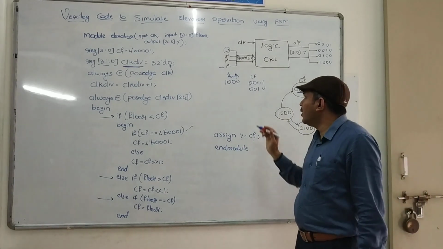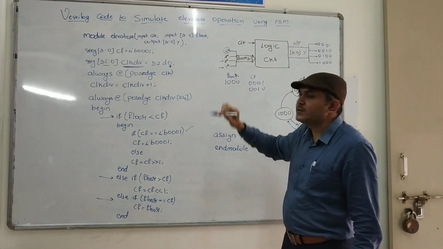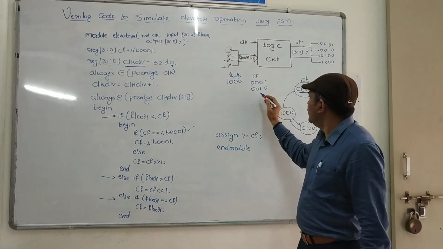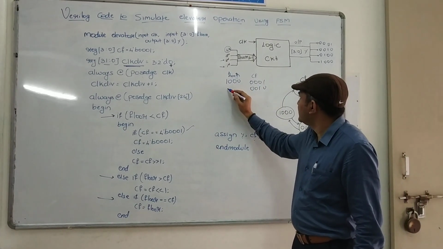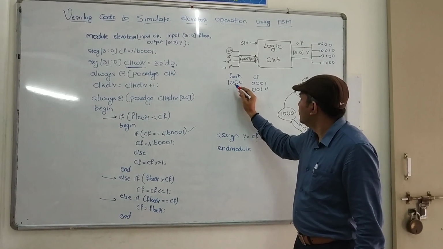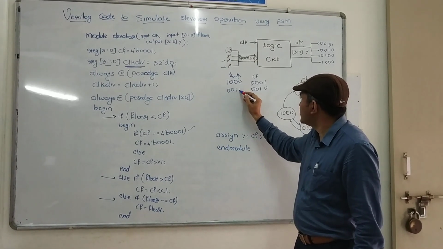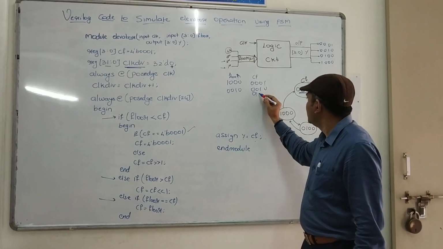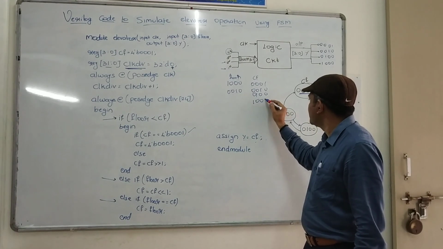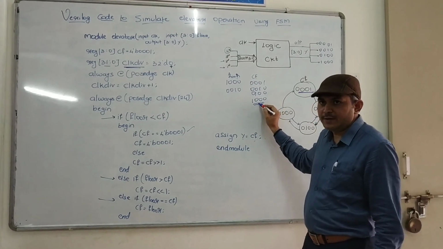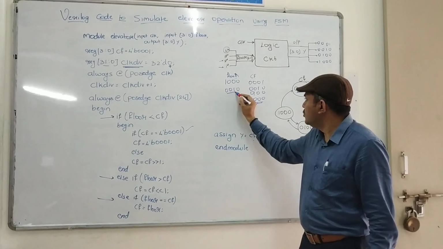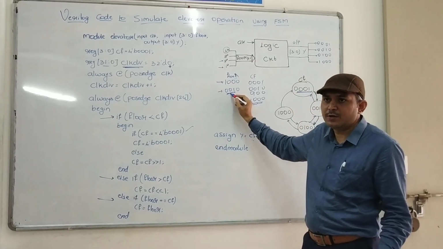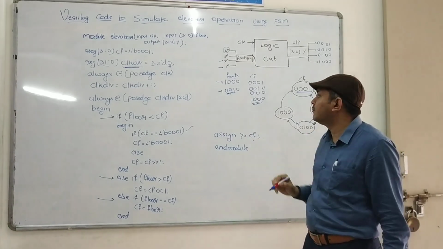Now the user wants to come back to the second floor. Say he has pressed the second floor. So now the new value for the floor is, here 4 was there, no? 0, 0, 1, 0, 1, 0. But here the floor has already reached this one. Now we are here. Current floor is this one, and the user has now selected the second floor. He wants to come down to the second floor.